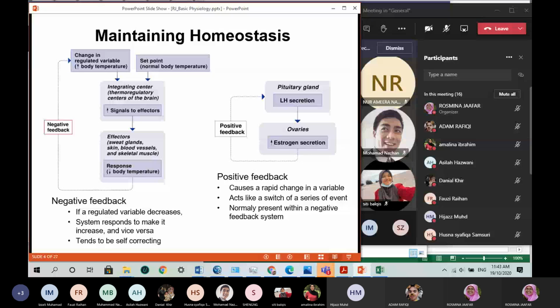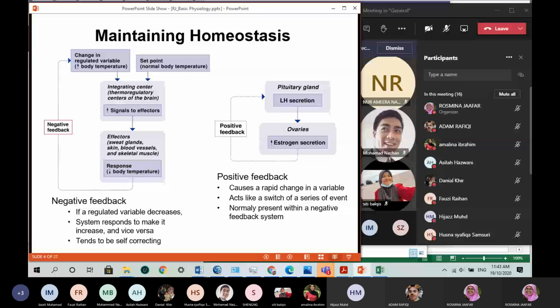If it is too cold, it's not safe for the body, so you need to increase the temperature, and you have a mechanism to increase it. If the temperature is too high, more than 37, you become unhealthy and you have a fever, so you need to reduce the body temperature. There are mechanisms to lower the body temperature. And most of the time,